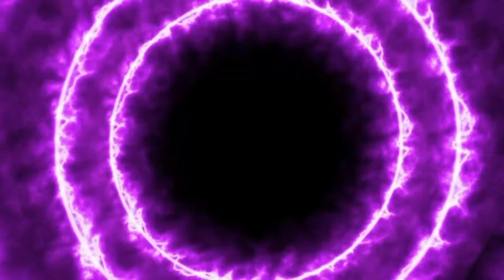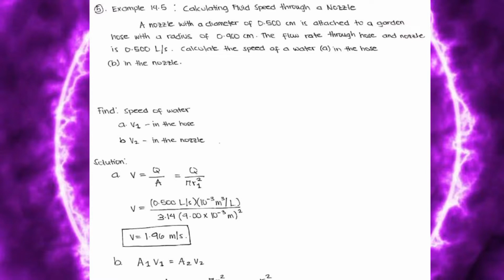Continue for example 14.5. So example 14.5, calculating fluid speed through a nozzle. A nozzle with a radius of 0.500 centimeters is attached to a garden hose with a radius of 0.960 centimeters. The flow rate through the nozzle is 0.500 liters per second. Calculate the speed of the water in the hose and in the nozzle. So in this problem, we must find the speed of the water in the hose and in the nozzle. The solution,